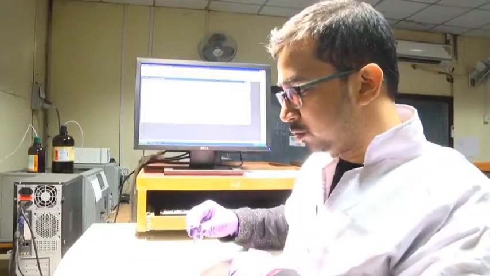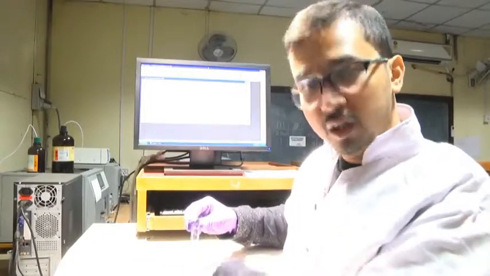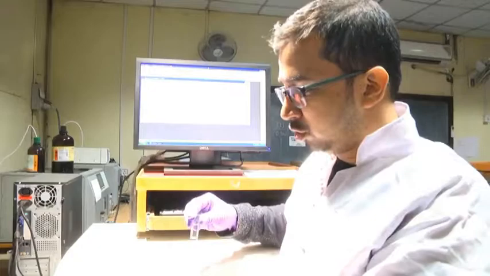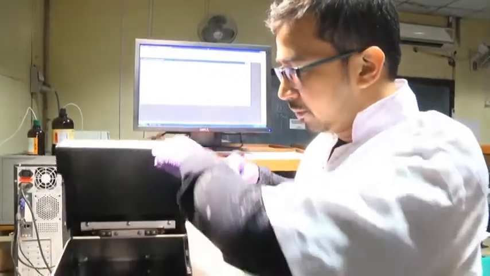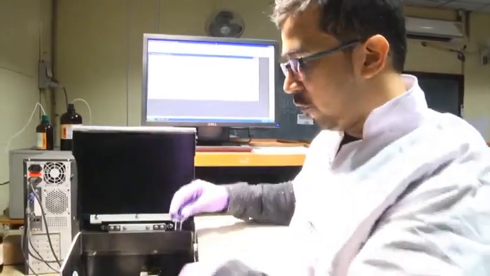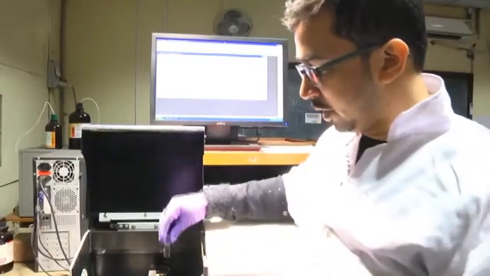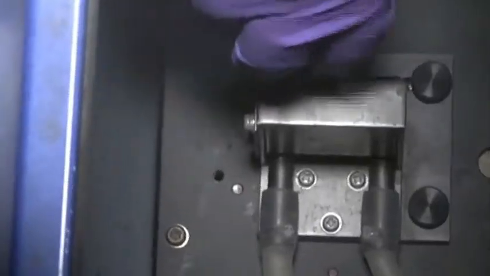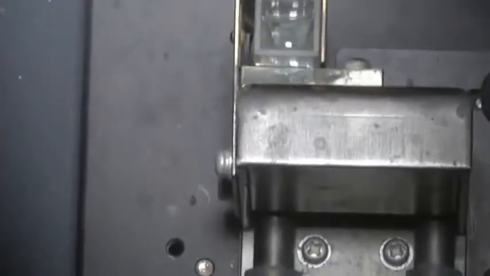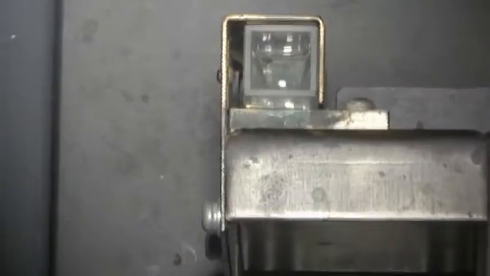Now, I am going to transfer this cuvette into the cuvette chamber. So, basically I am opening this lid, and here we can see the cuvette chamber. We will carefully place the cuvette in this chamber. Only one cuvette holder is present here, unlike UV where two cuvette holders are present.